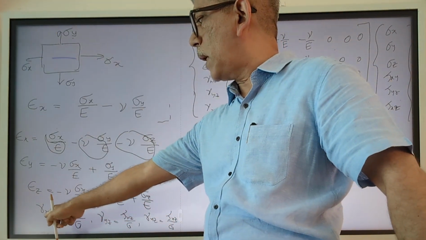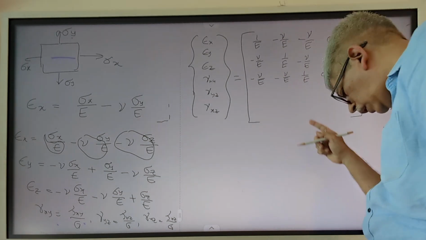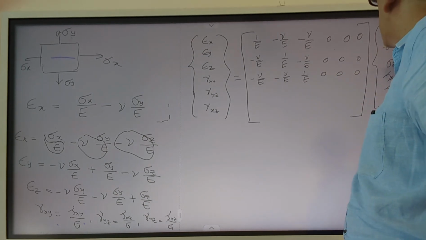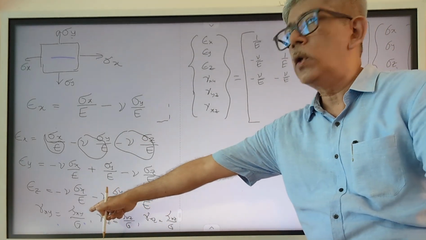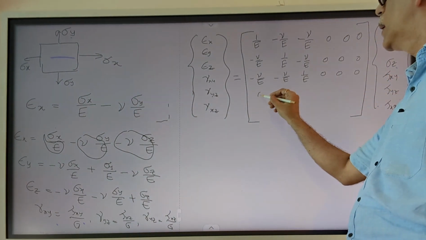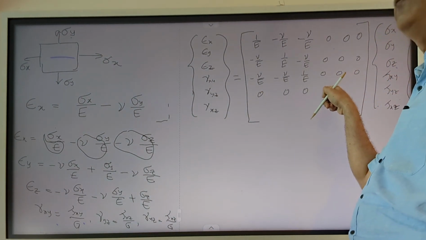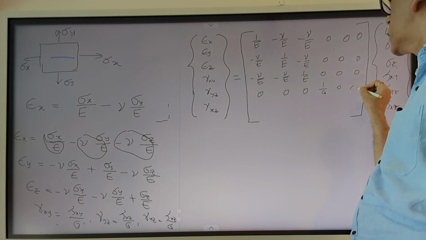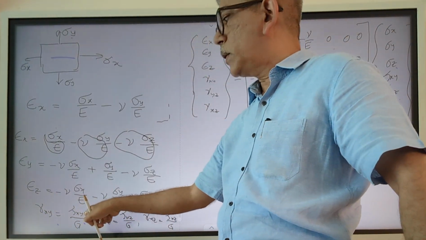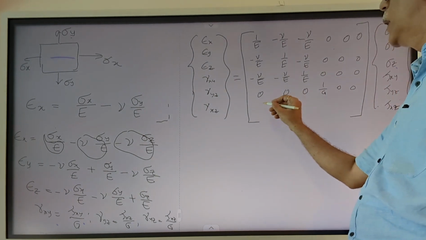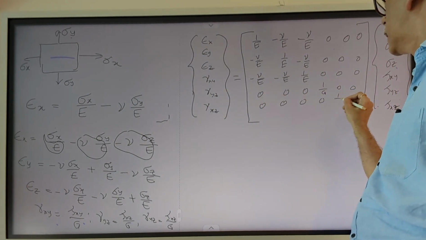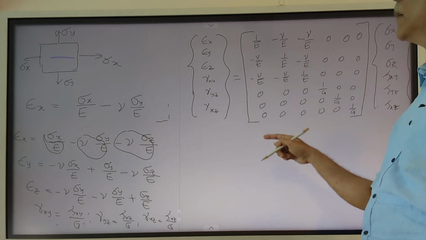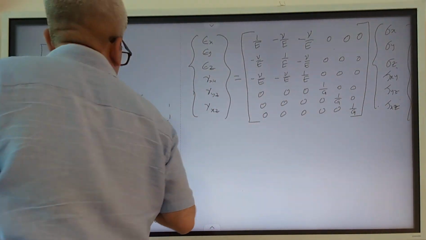Now the fourth equation is gamma xy equal to tau xy by G. So how will it appear in the fourth row? Corresponding to sigma x, sigma y, sigma z, we don't have any terms, so it will be 0, 0, 0. What would be the term which will come here? That is 1 by G. And then 0, 0, because gamma xy depends only on tau xy. So there will be only one term which will come here. Similarly, the other rows will follow. So this is the constitutive equation